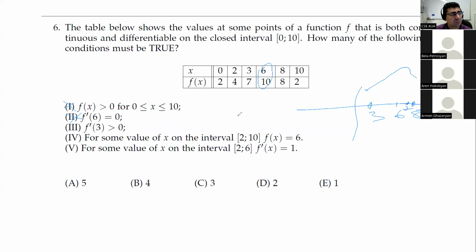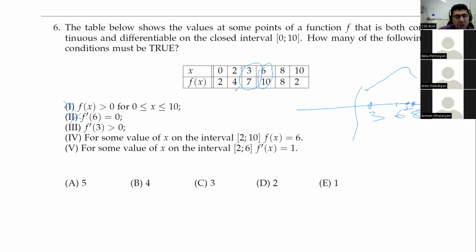But if our derivative is 0, how can we prove that the derivative is 0 just using this table? This table is not enough. It just says that it's 0, and I thought that it is given. No, it's not given. So is this true or not? No, it's not true. F prime at 3,